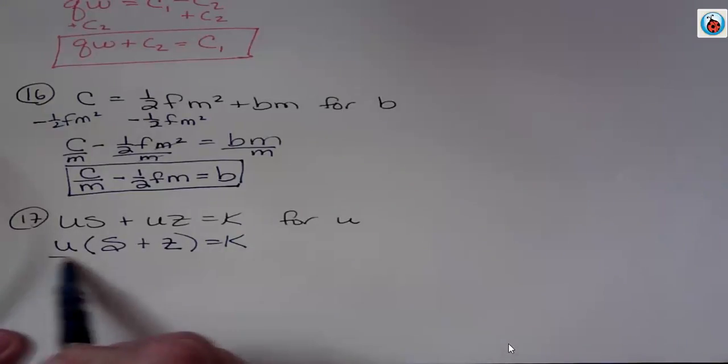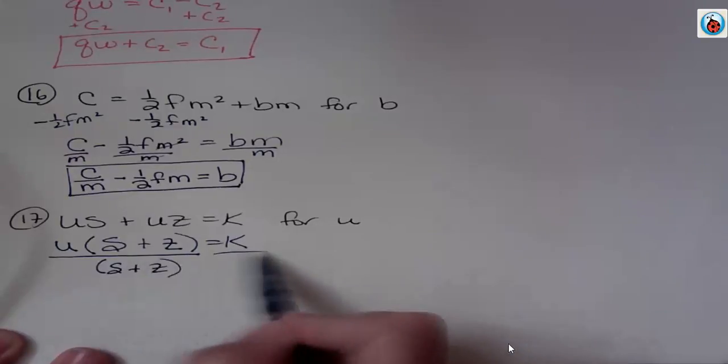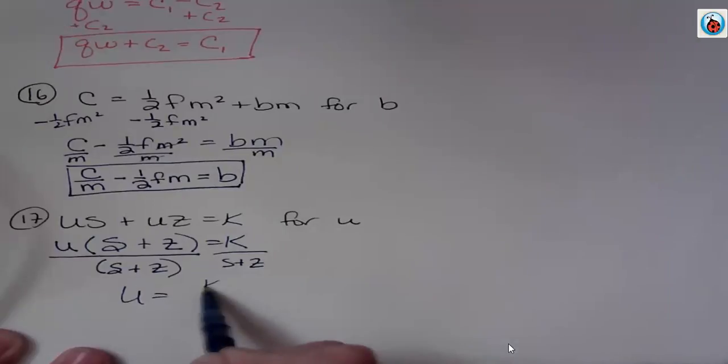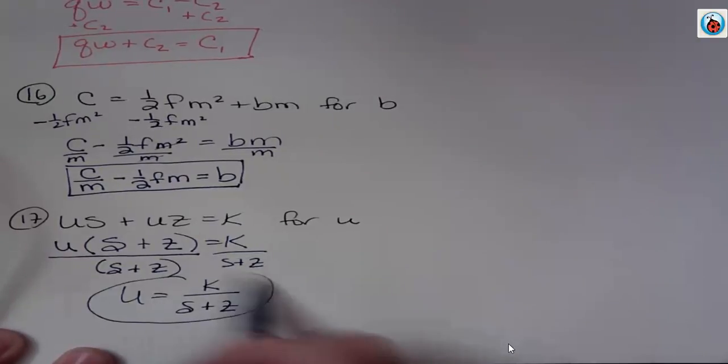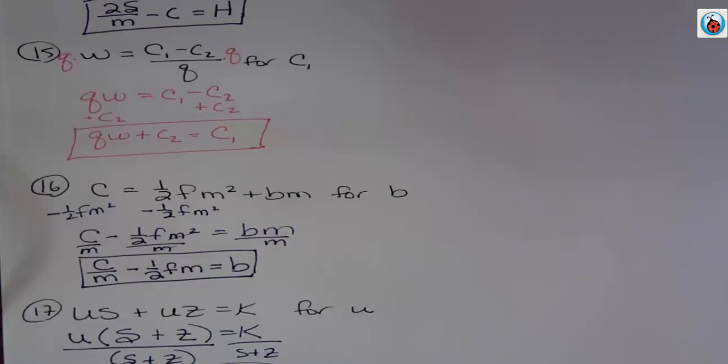Then we want to get rid of this s plus z, so we would divide both sides by s plus z, and u equals k over s plus z. All right, so that's rearranging four different formulas that you may be asked to do something